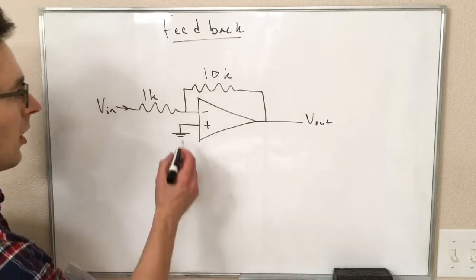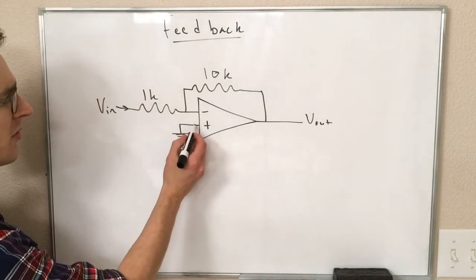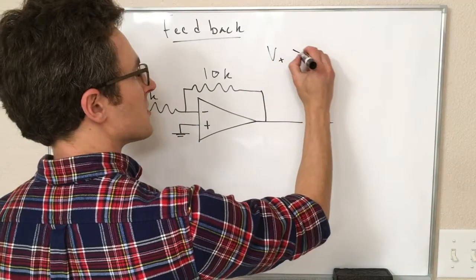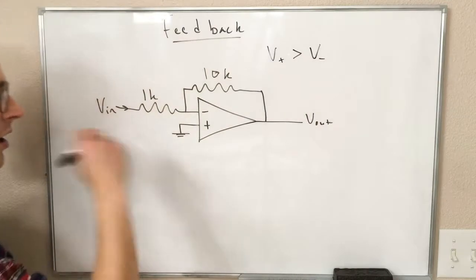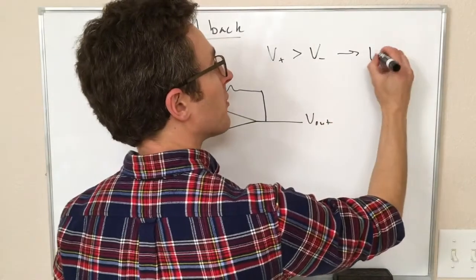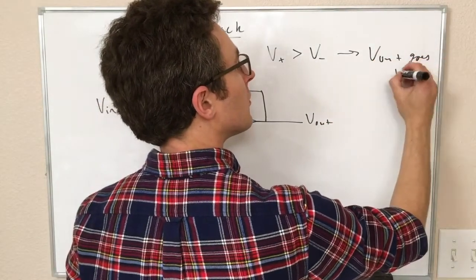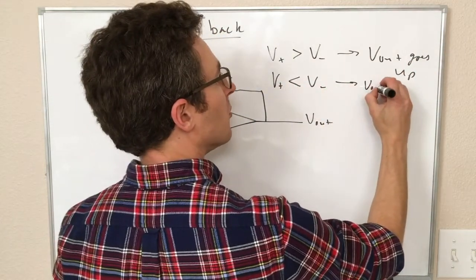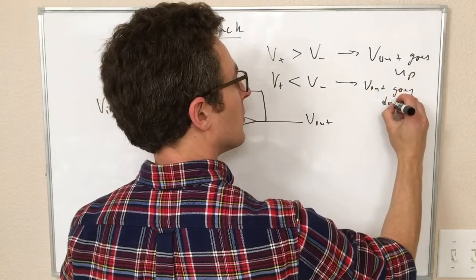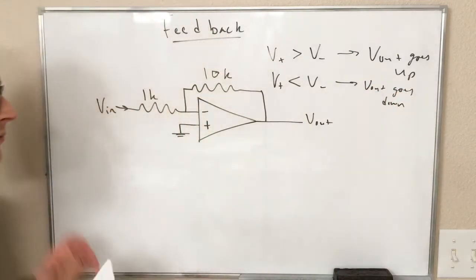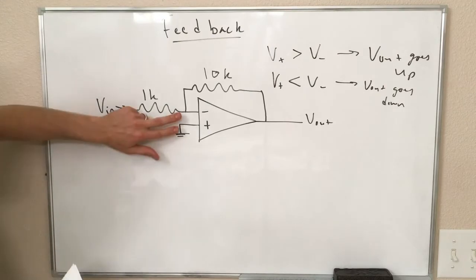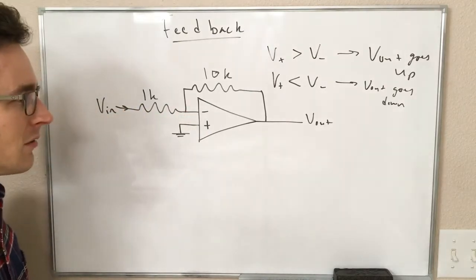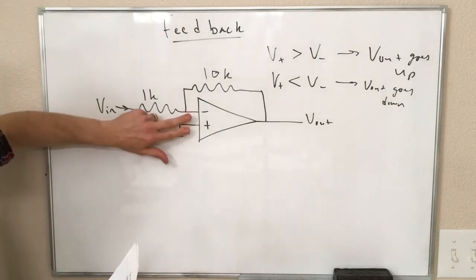So in other words, if this non-inverting input is higher than the inverting input, so if V plus is greater than V minus, V out is going to go up. If V plus is less than V minus, then the output is going to go down. So the output is only going to stay put when these two are the same. And really, they're not the same. It's that this difference is